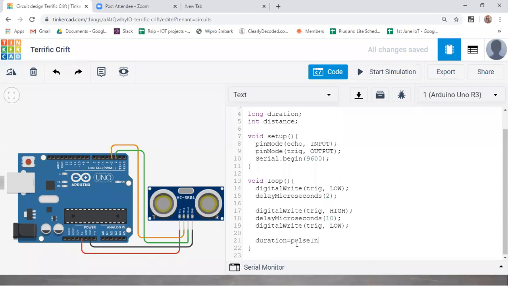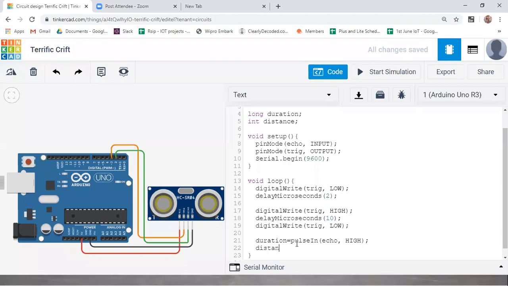This pulseIn function takes the time for which the received signal has been on this echo pin. You give it in this way: pulseIn, the pin number, and HIGH. Why make this high? Because you are enabling that.